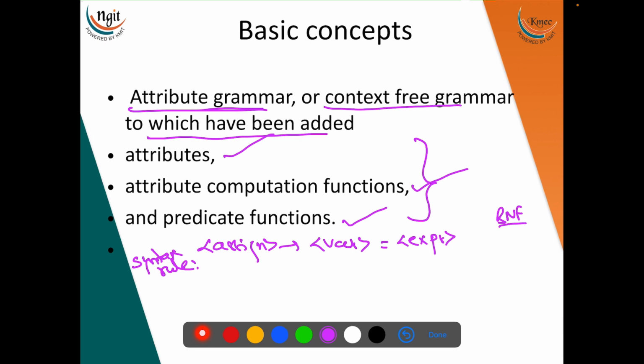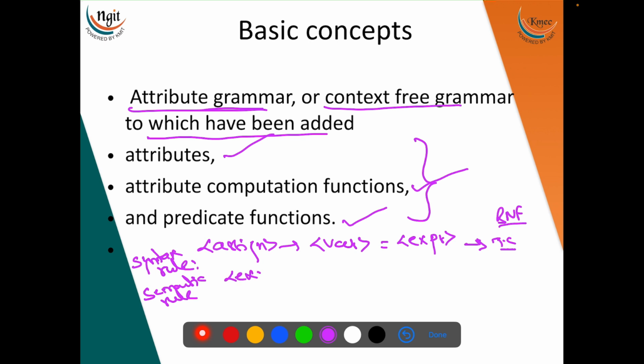That means this grammar will not talk about any type constraint. So I'm going to write a semantic rule from this. What is the semantic rule? It is static semantic, because in the previous slide we came to know about semantic rule. Static semantic will give you the type constraint. Fine. Now this semantic rule defines the type constraint, that is